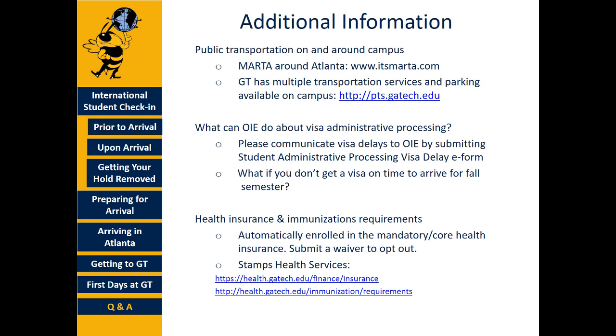Okay, so the next point we'll talk about is health insurance and immunization requirements. It is required that all international students, F and J, have health insurance. It is not only a Georgia Tech requirement, it's a federal requirement as part of the visa. Health insurance might be something that you are not familiar with if you don't necessarily have it in your home country, but